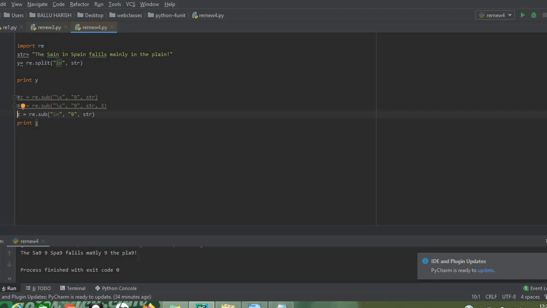What are the things I have discussed? I have given an introduction to regular expressions and also working with strings using regular expressions. One more concept is there: working with files using regular expressions, which we already discussed in the 4th unit. In the coming classes we will be discussing introduction to modules and creating our own modules. It will take nearly 4 to 5 classes to complete this 3rd unit.